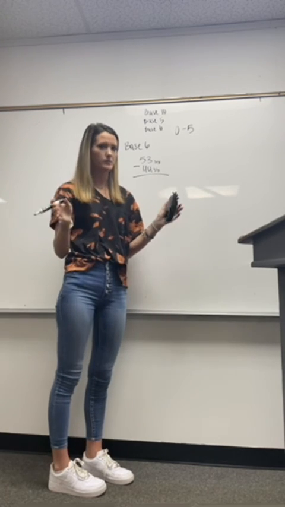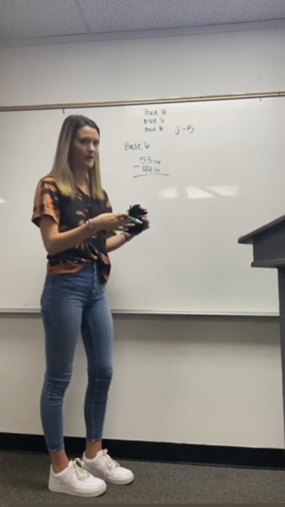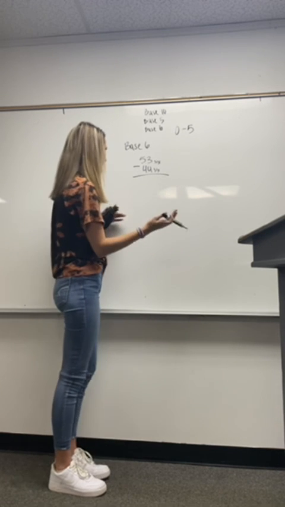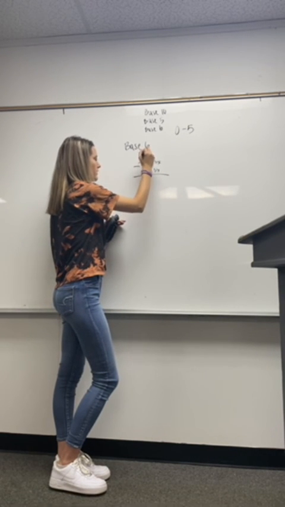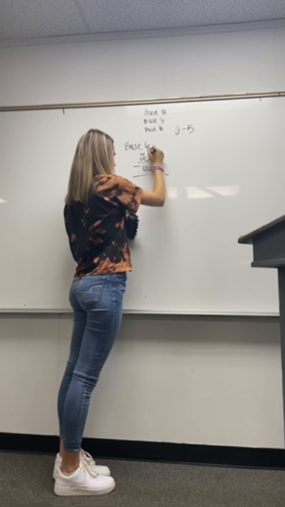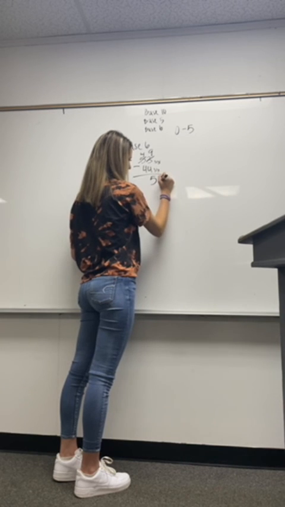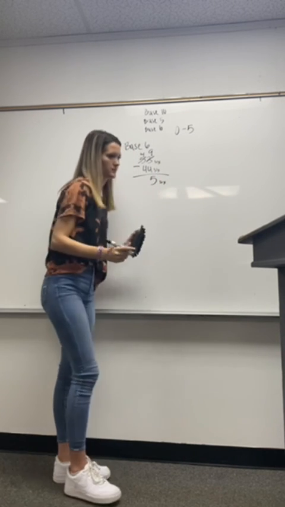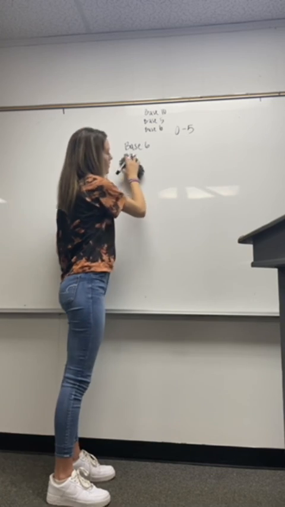Instead, like base 10, we borrowed 10, base 5, we borrowed 5, and now we're going to borrow 6. So we mark out this, make it a 4, and then if you have 3 already and you borrow 6, you're going to have 9. So 9 minus 4 is 5 base 6. So now we have more of an understanding of why we add and subtract and not just doing it